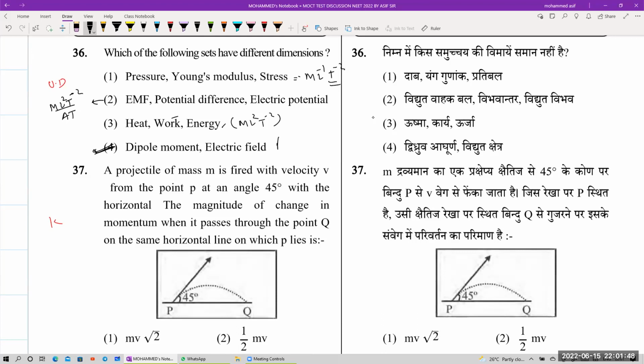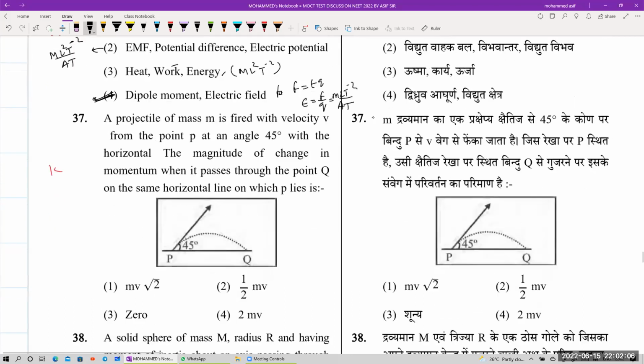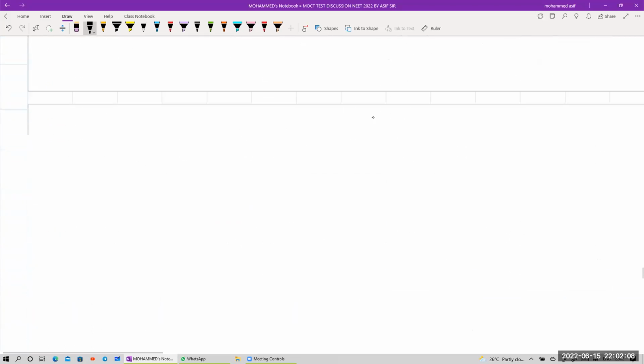F is equals to electric field... F is equals to E into Q. Electric field is equals to force divided by Q. Force is equals to how much will be? MLT⁻² divided by charge. Charge is equals to how much will be? I into T. यानी A into T ऐसा कुछ बनेगा। डाइपोल मोमेंट के लिए भी सेम रहेगा। नेक्स्ट वन इज काइनेमेटिक्स, ये अपन छोड़ दे रहे हैं। रोटेशनल मैकेनिक्स है नेक्स्ट वन।